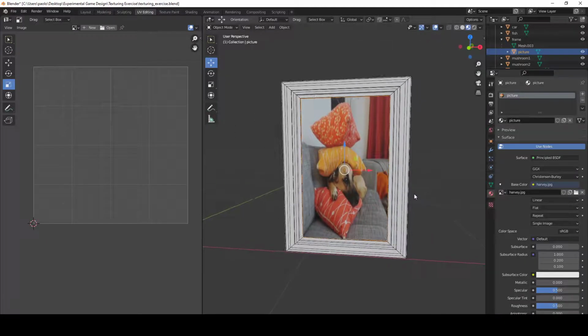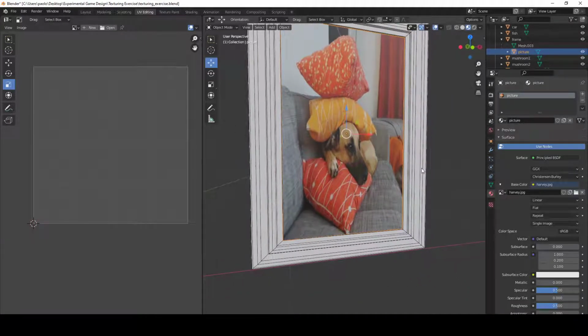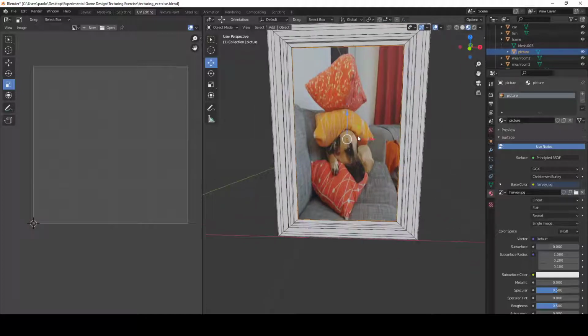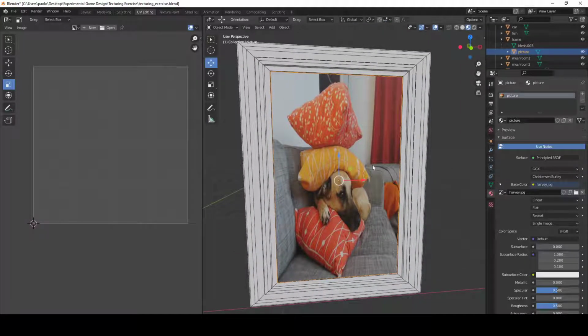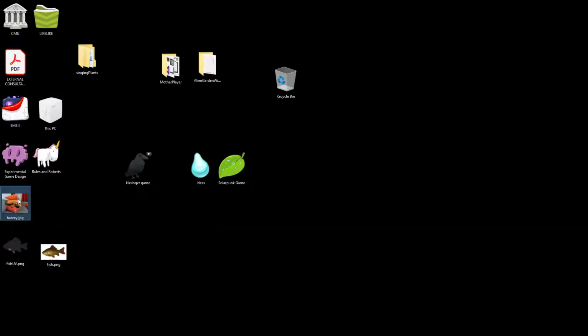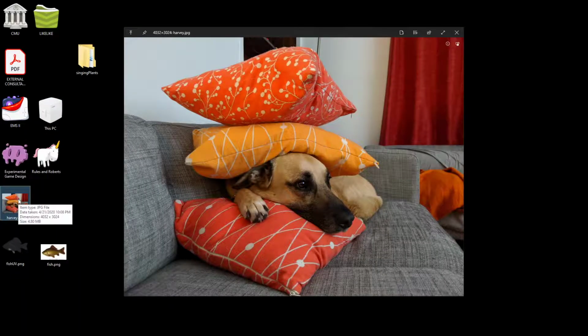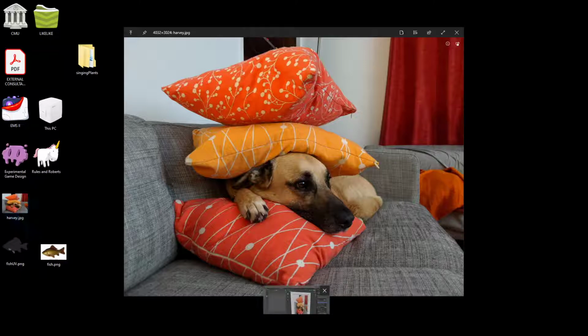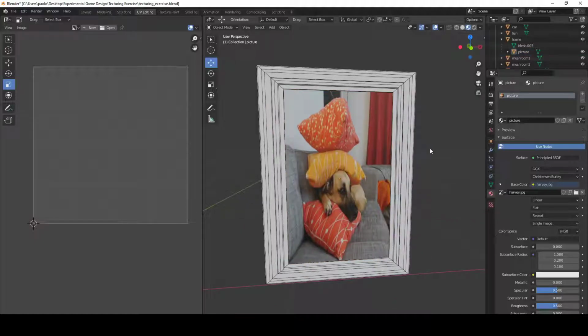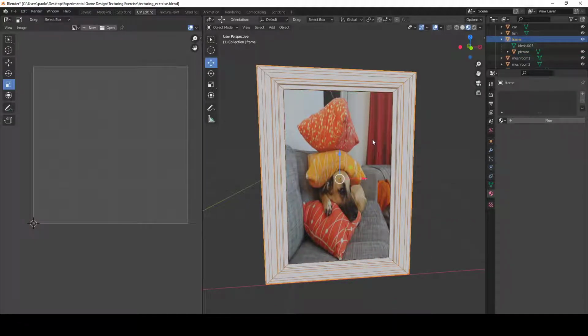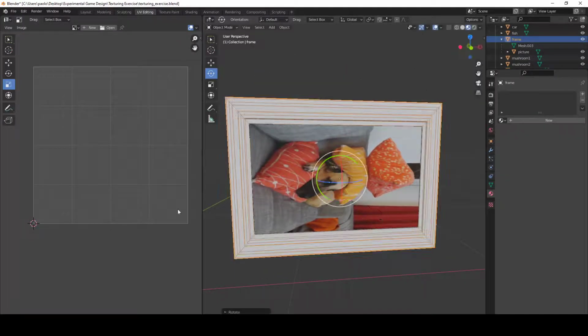You can sort of see that my dog doesn't look right like that. The image ratio doesn't match. This is the image. The image ratio doesn't really match the geometry and or the UV mapping. So one thing that you will want to do is to make sure that it makes sense. In this case, I can do it in two ways, I guess. I can rotate the frame 90 degrees,